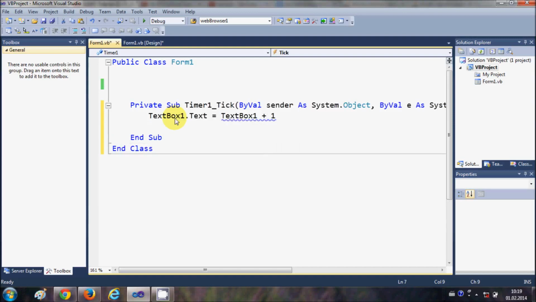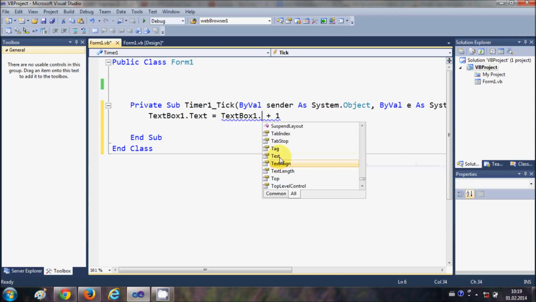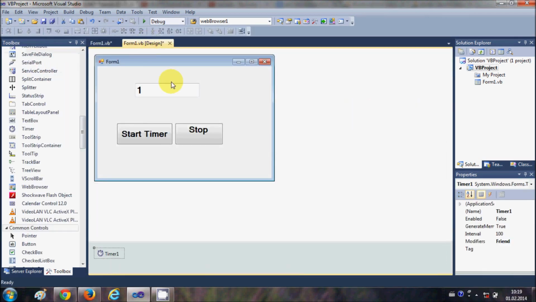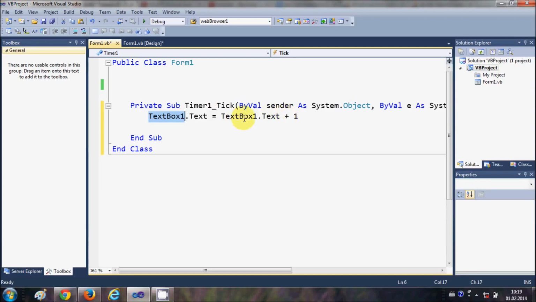Okay, so whenever I enter any number in the text box, which is already there, which is 1, it will increase that number by 1 whenever this timer ticks.